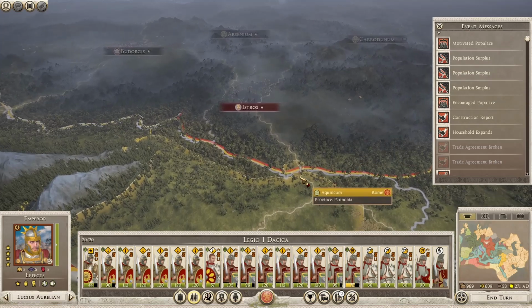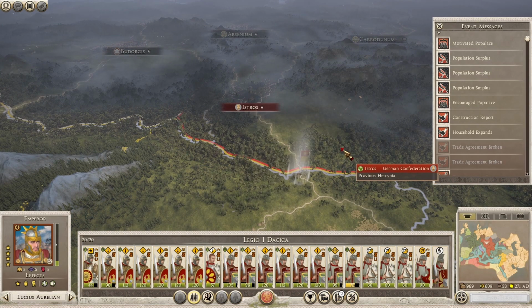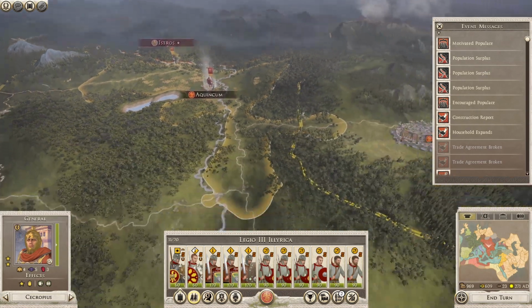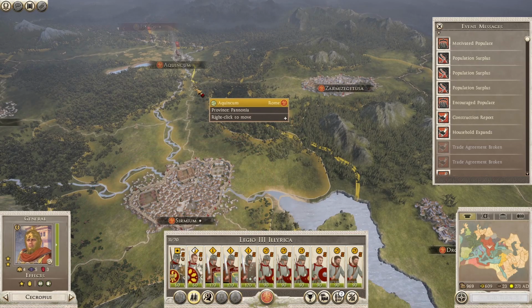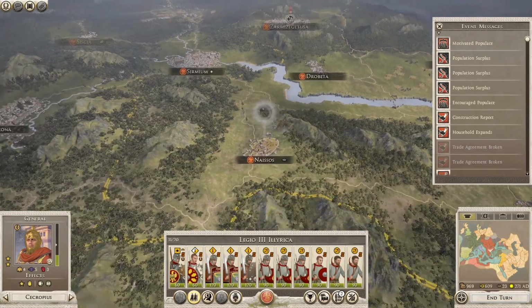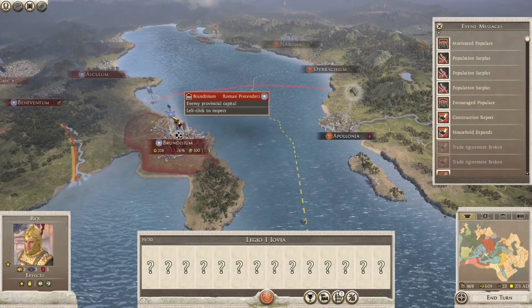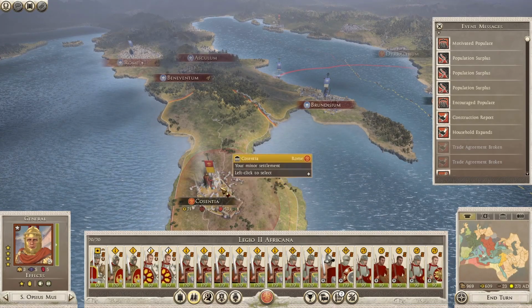Okay, let's get into position here. Is that all? And perhaps this army would serve us a bit better if it were here, for instance. We could besiege Brundisium here, but